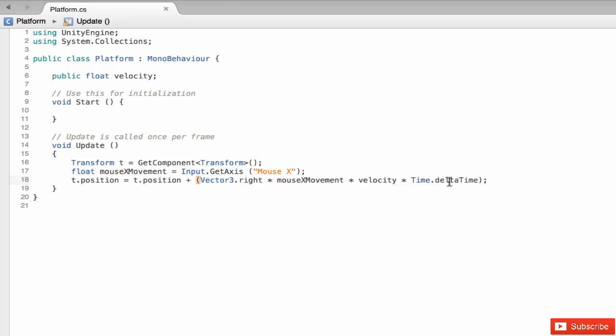Time.deltaTime. So this is the variable. It basically tells you how many seconds it took the computer to render the last frame. And what this is going to do is the following. So let's say that I've got an FPS, which means frames per second, and I'm going to put an H here, which means that's for a better computer. And I'm also going to multiply that by the time it took to render the last frame. So I'm going to say delta time